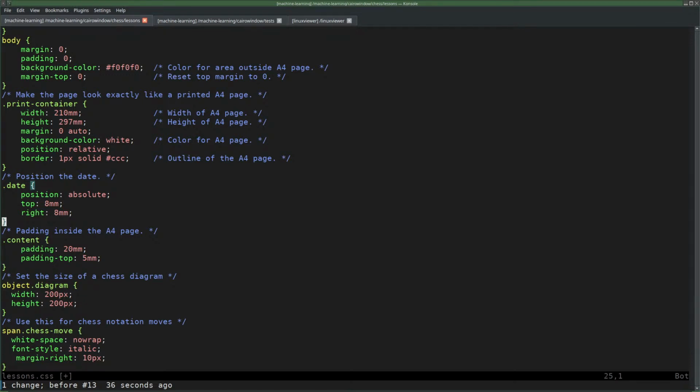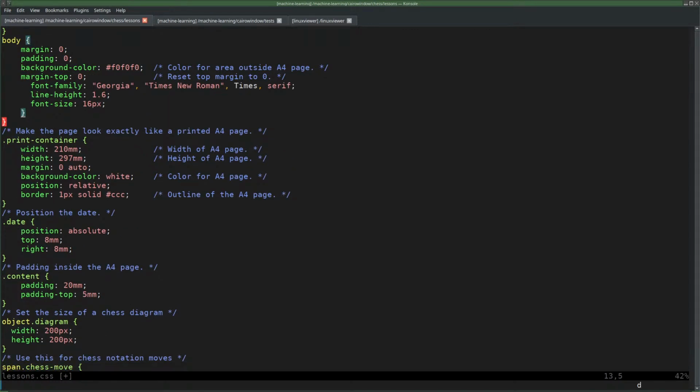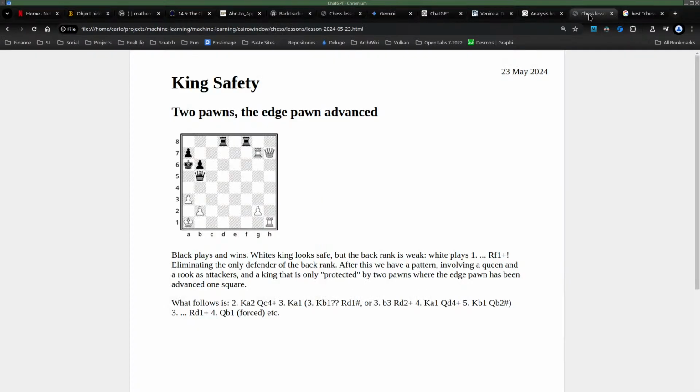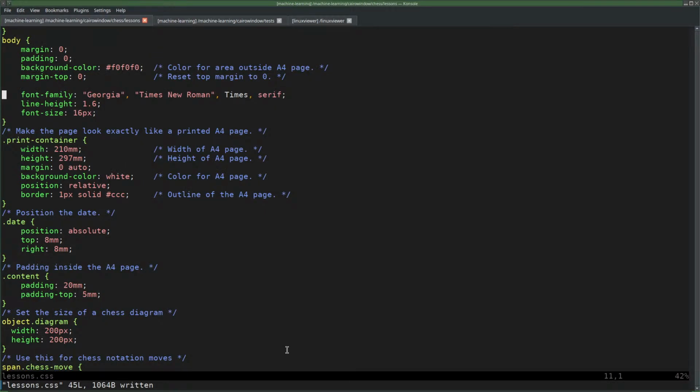And do I have a body here? Yep. Yeah, this line spacing, it looks indeed more professional, I have to admit. I don't see any italic though. No, that's because